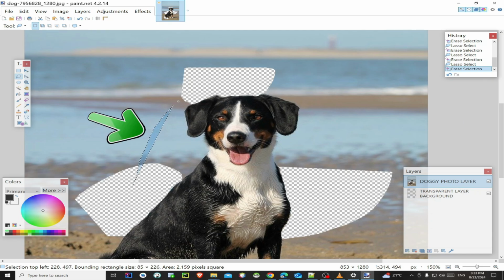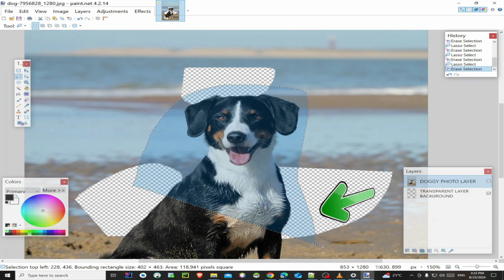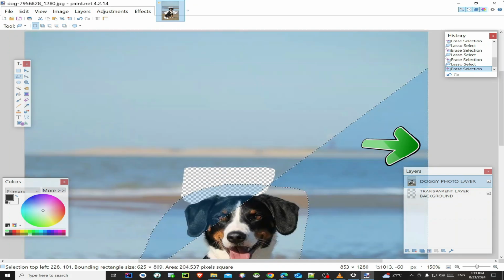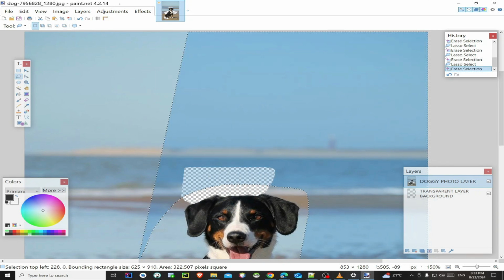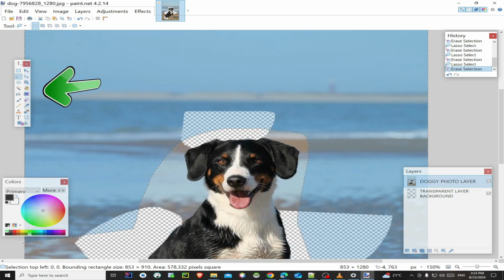Let me select this bit here, then I move it to the right, to the top, then I move it to the right, to the bottom. So now you see the selected area.